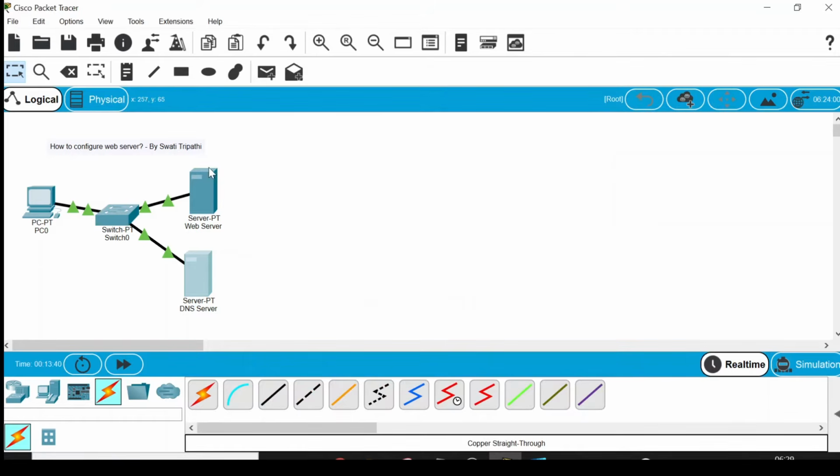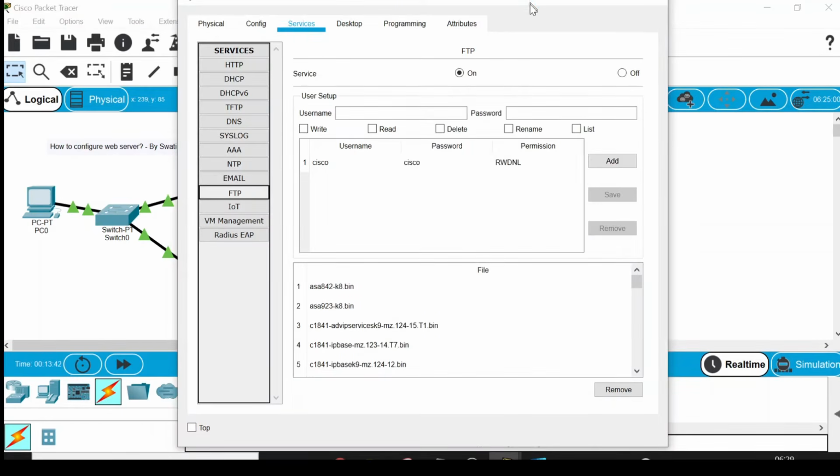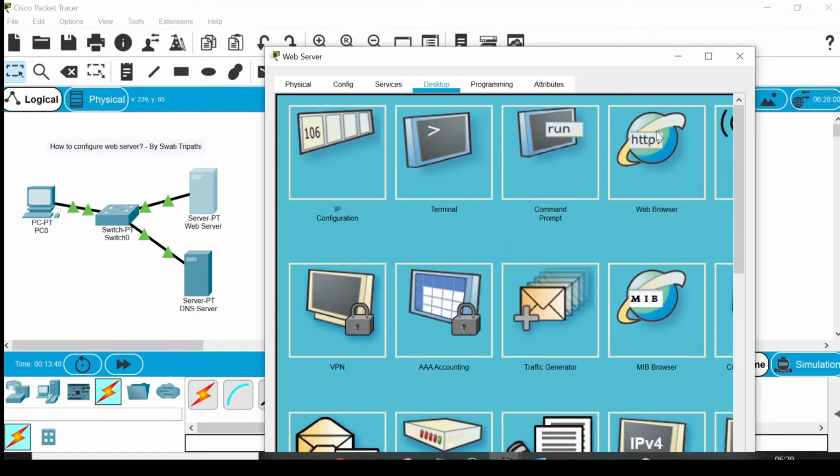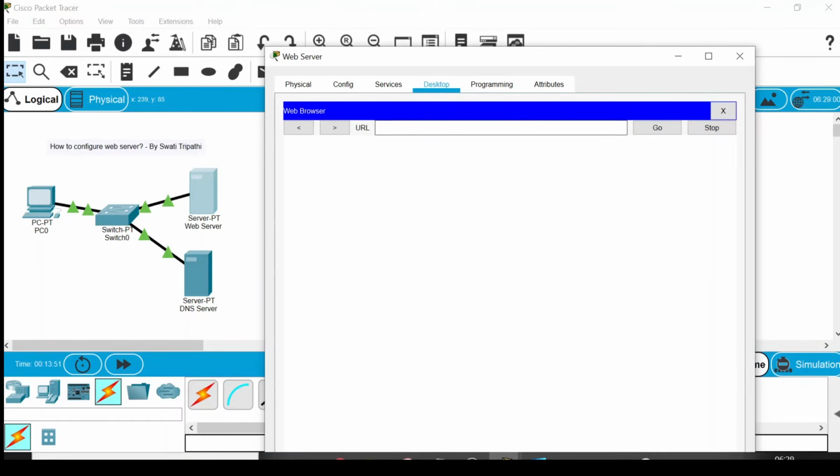So close this, go again to the web server, go to the desktop and go to the web browser. In the web browser, if I write Cisco now, the host name is unresolved because I have changed the name and there is no website which has the name of Cisco.